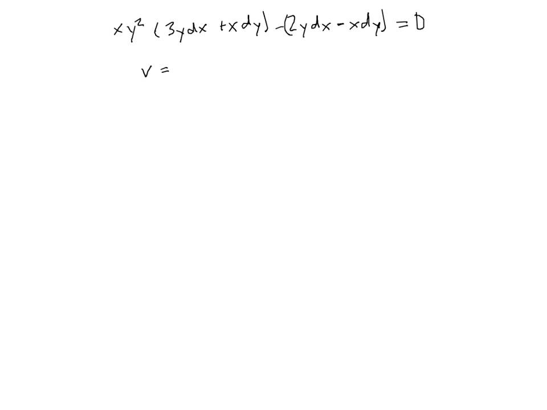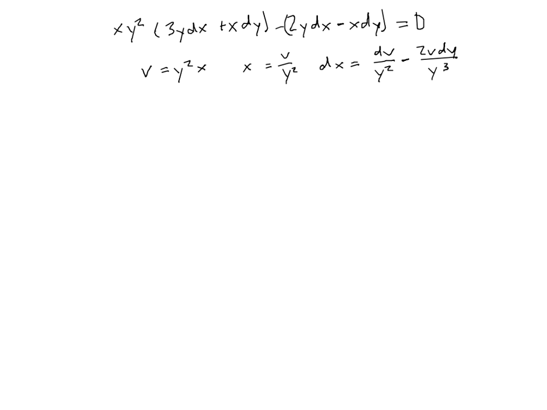Okay, so now I'm going to try v is equal to y squared x, and that means that x is equal to v over y squared, and dx is equal to dv over y squared minus 2v dy